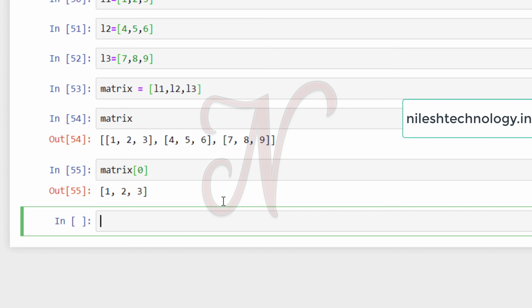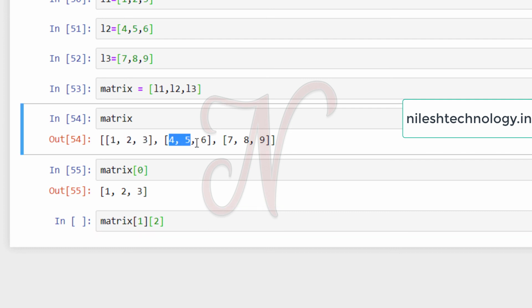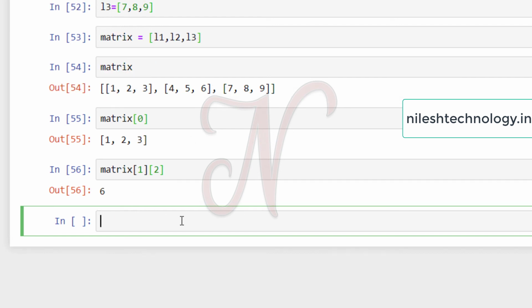Now if you want to print an item of a list within the list, see here, matrix of 1 of 2. Guess what the output is. Matrix of 1 is the first list, then in that list the second element, with indexes 0, 1, 2, is 6. So my output is 6.